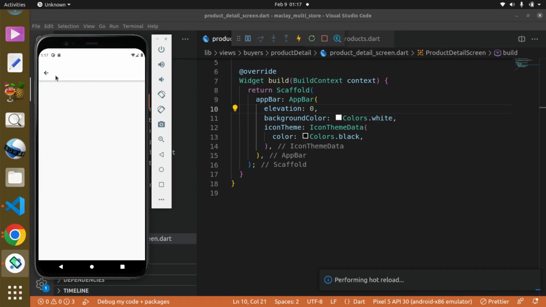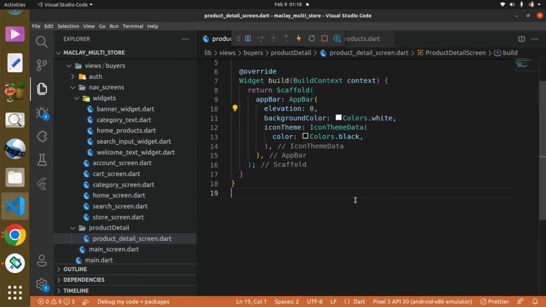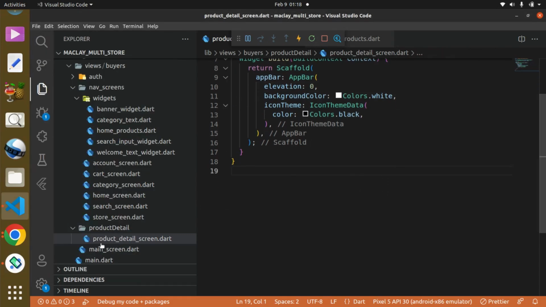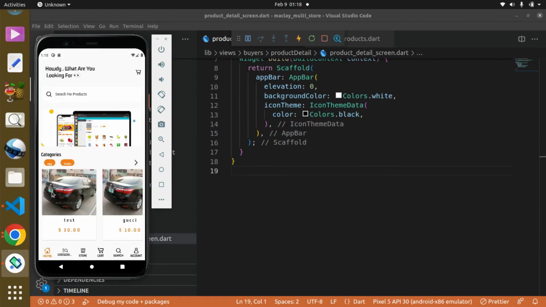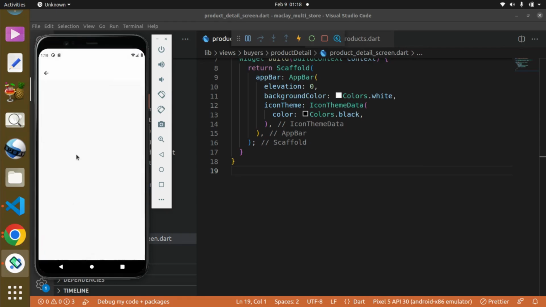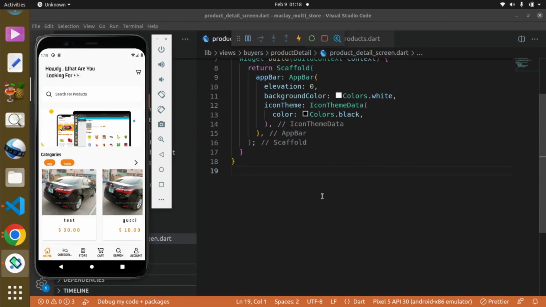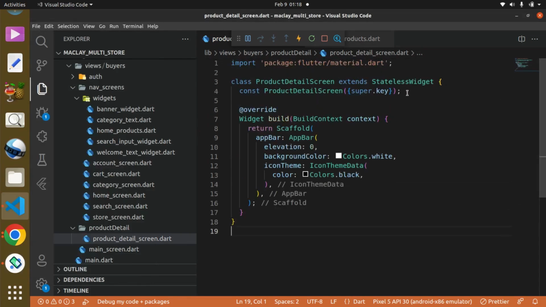Okay, great. It's going to get rid of that now. Great. Okay, and finally we want to be able to pass in data from the home product widget to our detail page. Now to do this, remember I told you the need for this constructor